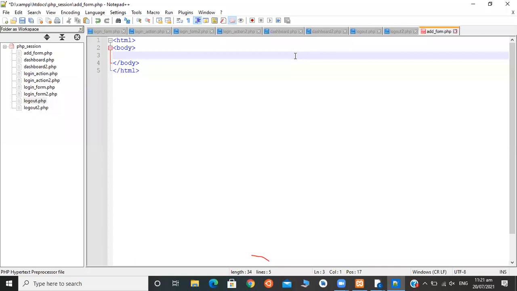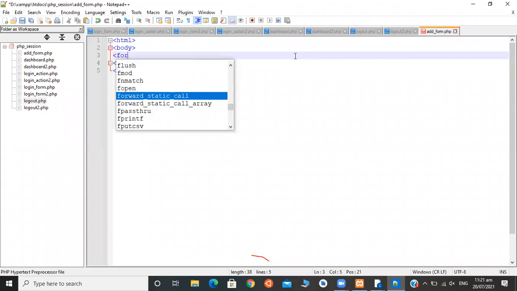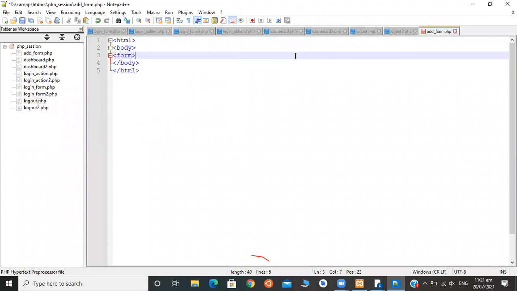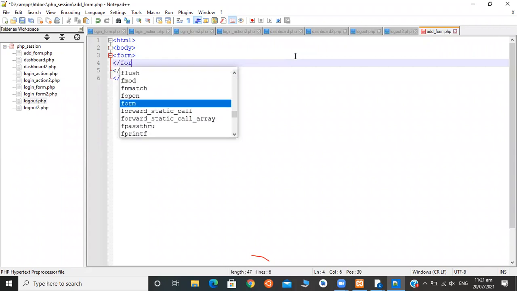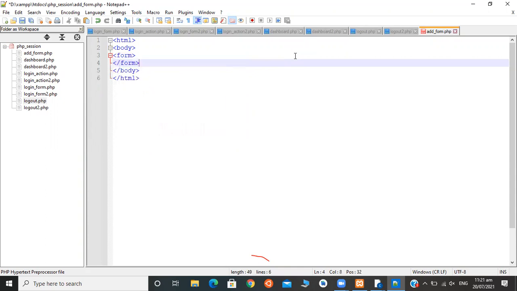Okay. So first of all, we'll initiate the form here. Form. Input. Yes. What attributes can I use here? Type. Number. Type equals to number.